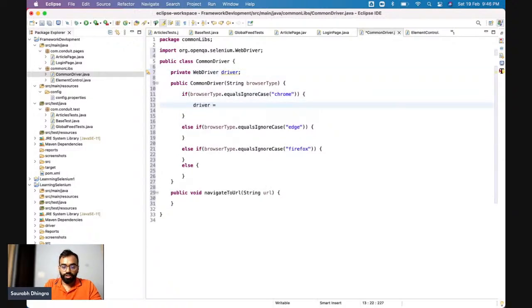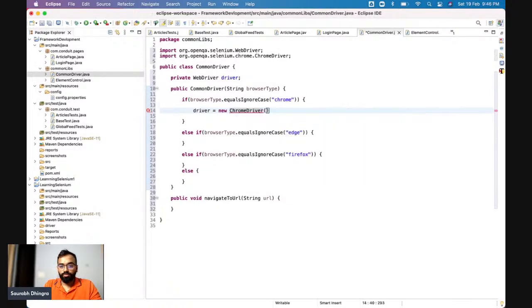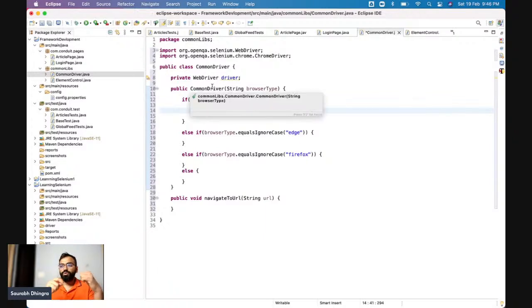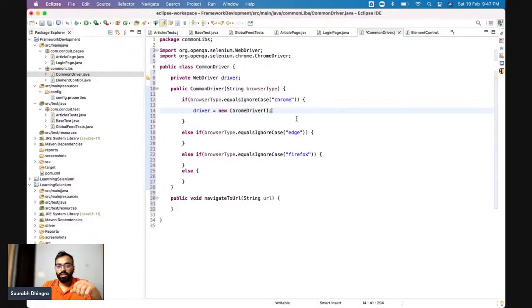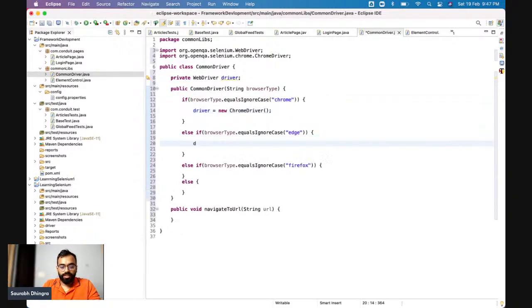I'll write the logic to initialize this driver. So I'll say Chrome driver. Okay, usually you might have seen we also add System.setProperty. So what I've done is the browsers have already been set as environment variable, so I don't have to add that step. Okay, so similarly here I'll say driver equal to new Edge driver,